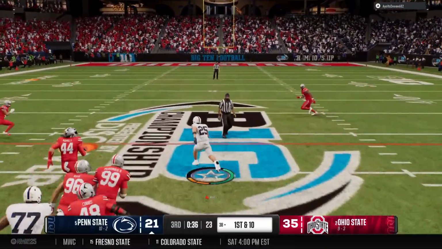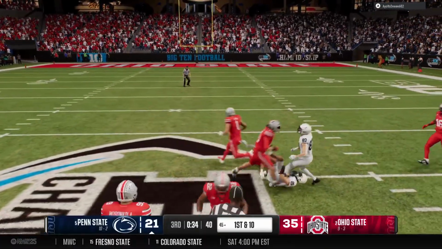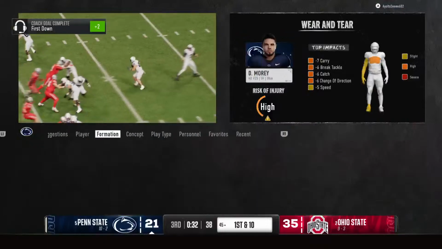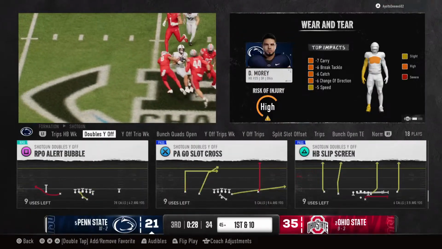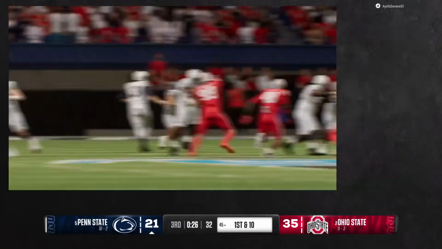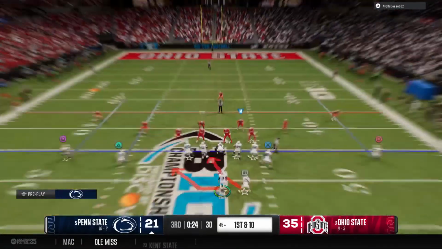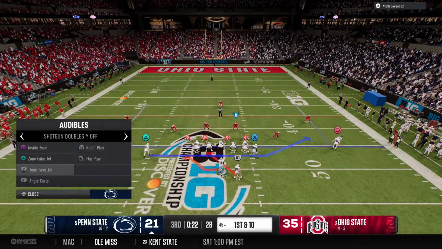Handoff to the back. Gets into space at the 50. Tackled, but not before he gets into enemy territory at the 45. Ooh, how about that offensive line? That's just getting a hat on a hat, opening just enough room for the back to be able to get through there for a big gain.